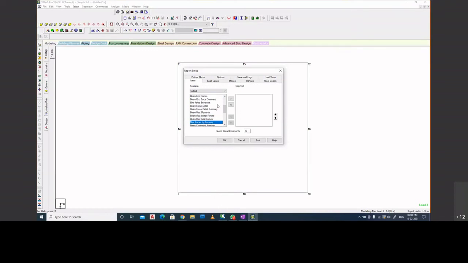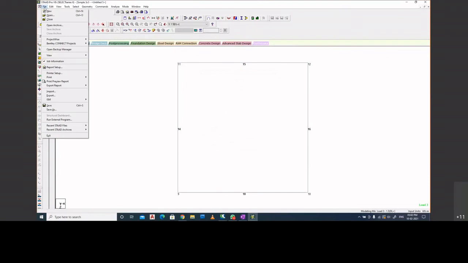Okay, so this option you need to select maximum forces by property. We have selected that, and we can ask it for which case you want. So we have selected all three load cases, dead load, live load, and the combination as well, and click on OK. In the ranges, we have selected all the ranges. Now I'll come to file and ask it to export a report.